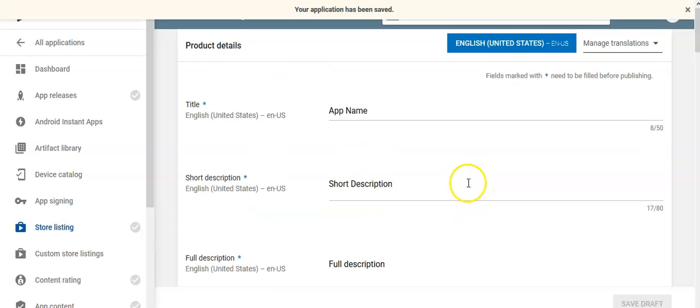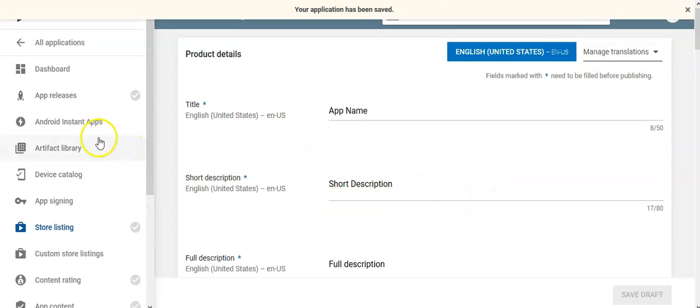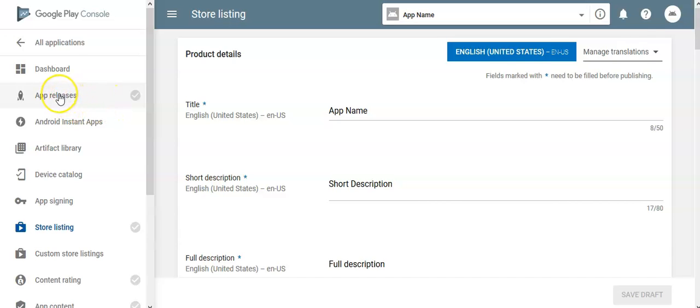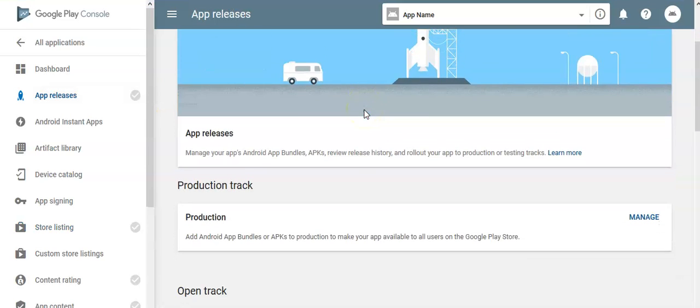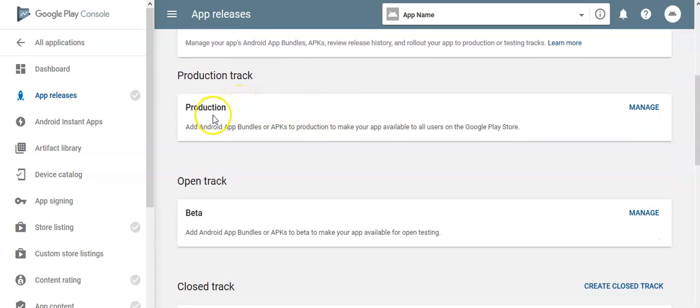In the last video we had generated the APK. So now we'll upload the APK. For that go to app releases. Now here in the production section click manage.